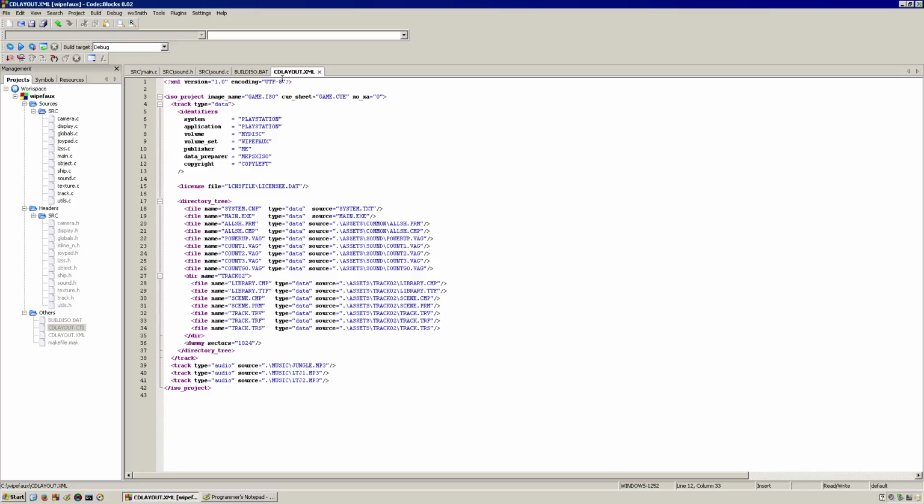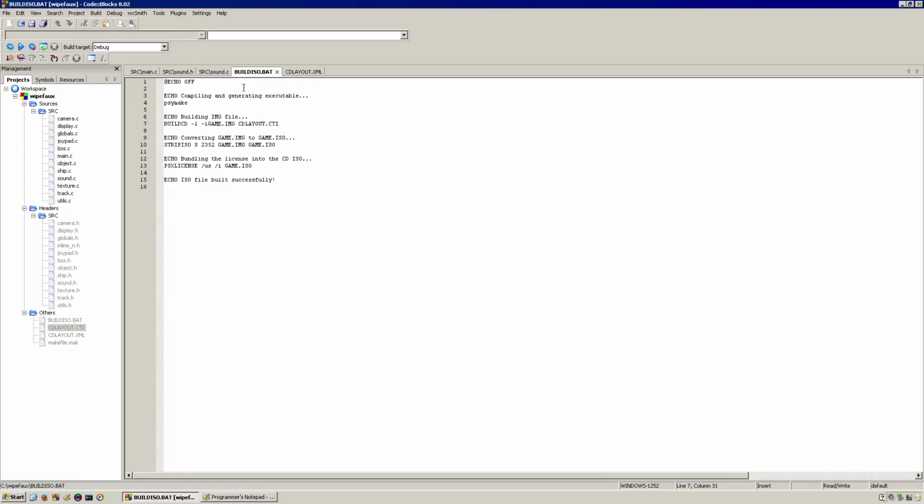Right, so now we have a CD layout.xml. We have to just change the way that we build our CD. So instead of in the build ISO.batch, instead of using this build CD and generate everything, now all of these things are going to be replaced. I can say echo compile and generate an executable, fine. I can still ask to scimake, but now whenever we are building our ISO file, all I have to say is invoke